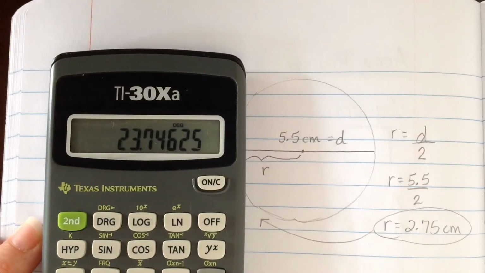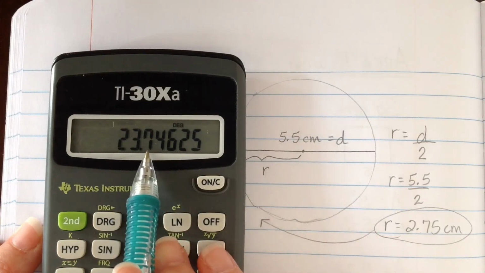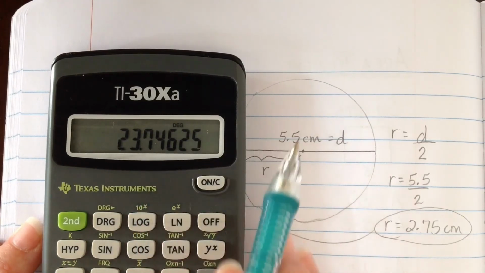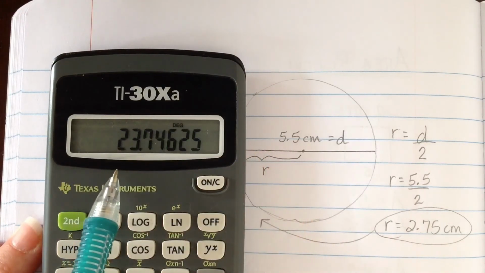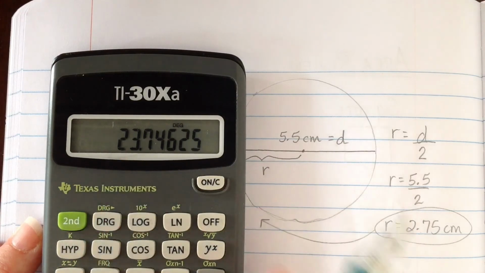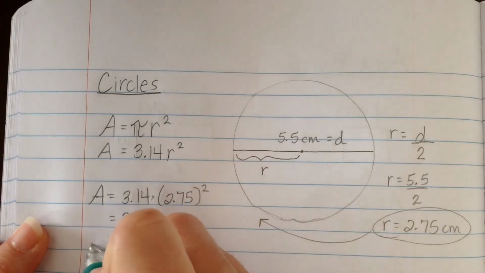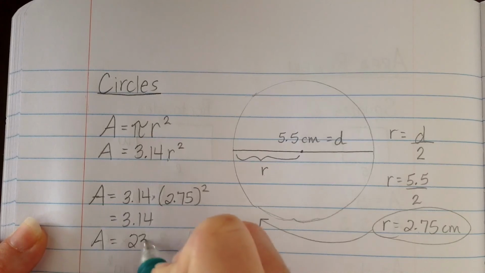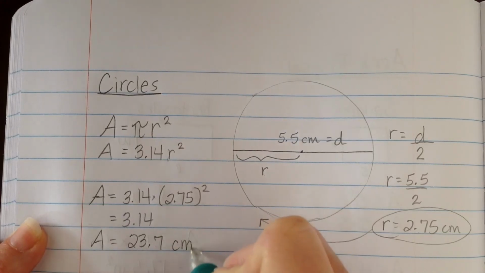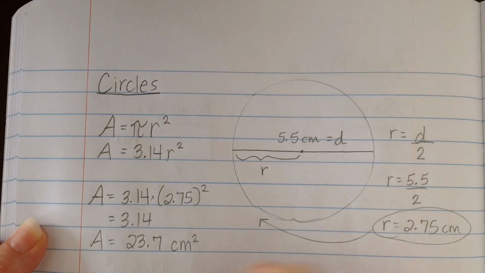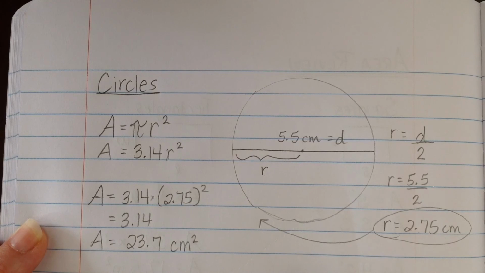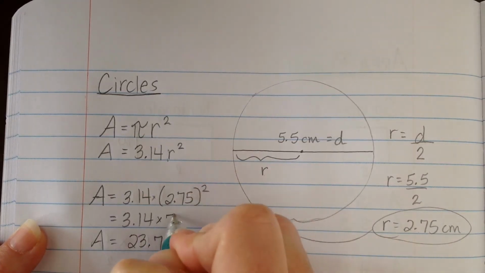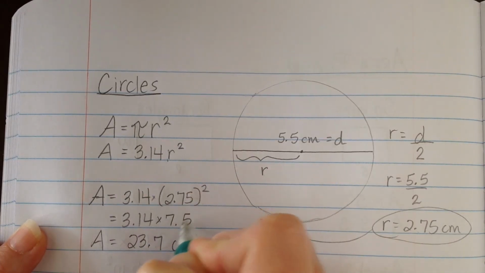All right, typically with these, you need to make sure you read your directions. It's either going to tell you to round to the nearest tenth or the nearest hundredths. For this one, let's round to the nearest tenths place because that's what we've been doing. So I'm going to say that the area of this is approximately 23 7/10. And then we'll put the units, centimeters squared. All right. I'm just going to record this here so I know what I did. 7.5625